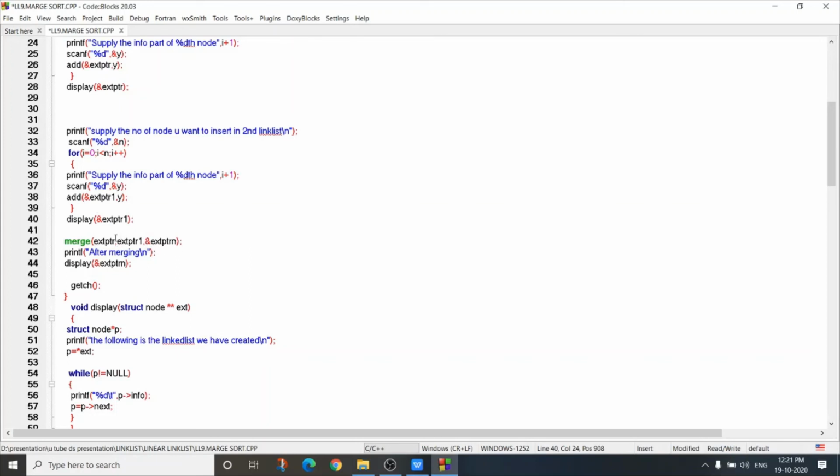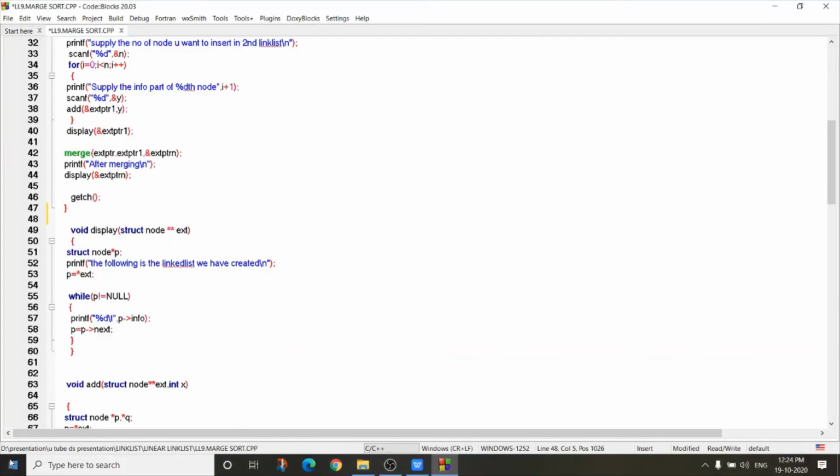That is, the first node address of the first linked list, the first node address of the second linked list, and the external pointer address of our merged sorted linked list. After merging, again call the display function by passing the address of extptrn so that I can see the merged sorted linked list.